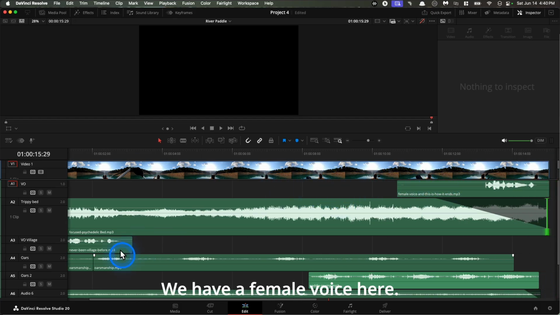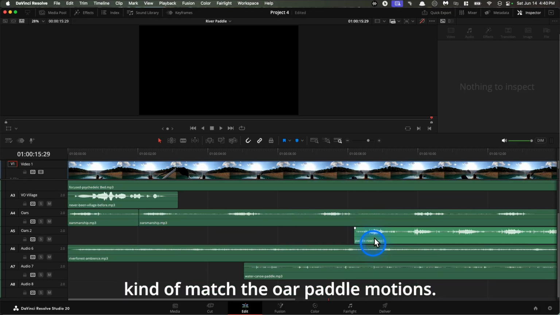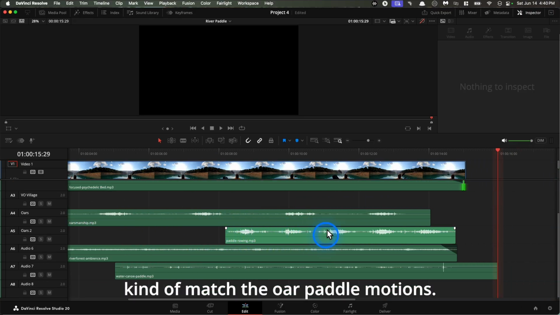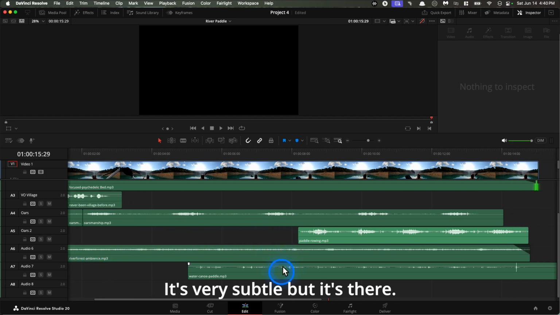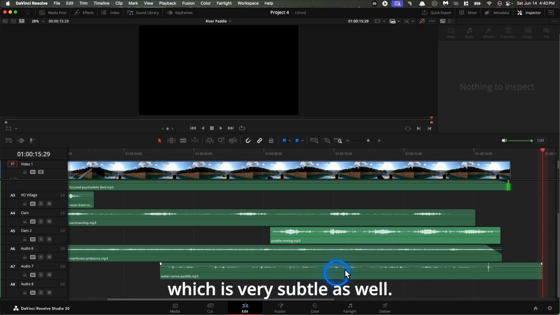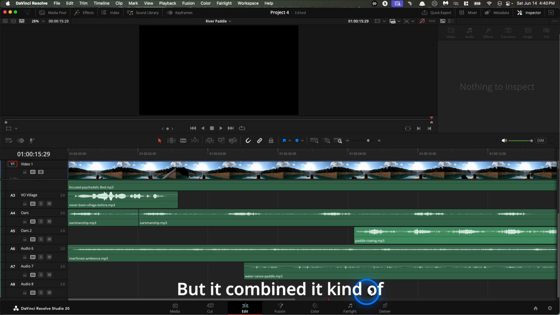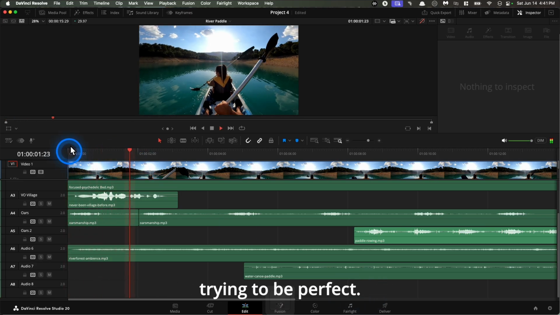We have a female voice here. We have a female voice to lead us. We have this trippy music here coming in and then fading out at the end. Plus, we have oars that have been cut to kind of match the oar paddle motions. And then we have river forest ambience happening. It's very subtle, but it's there. And then we have more canoe paddling here, which is very subtle as well. But combined, it mostly works. I've never been out of the village